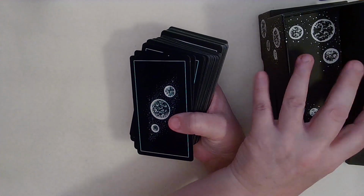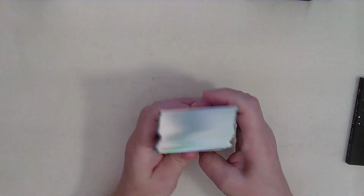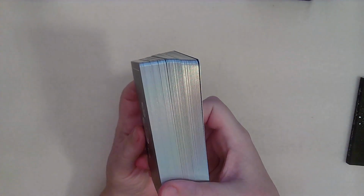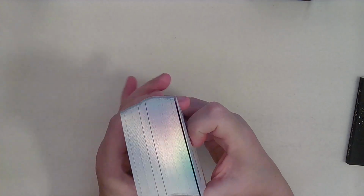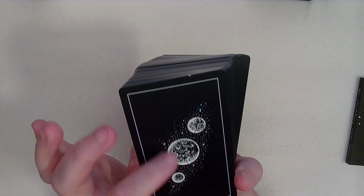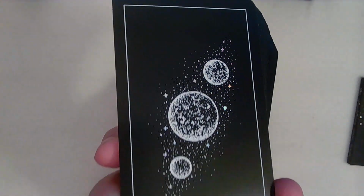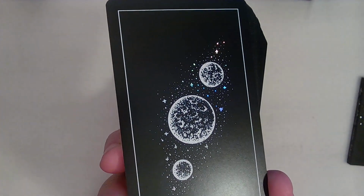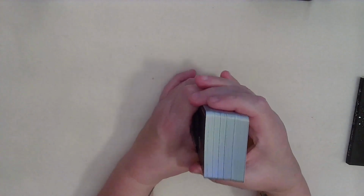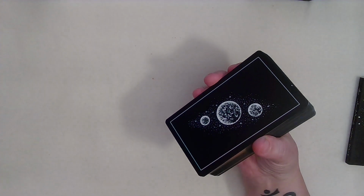Okay, let me push those out of the way. And it has silver foil on the edge of it, and on the back it also sparkles, but it's really hard to show it. A little bit. There you go. But yeah, it's a beautiful deck. And reversals will be revealed,